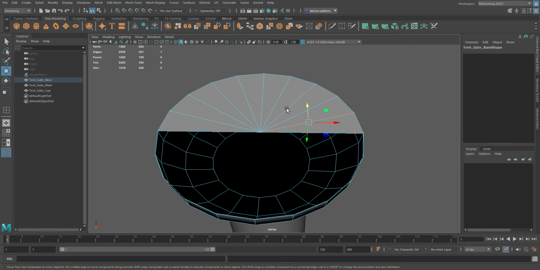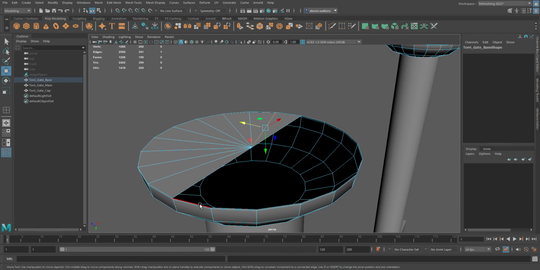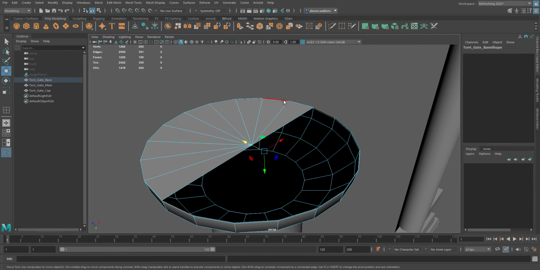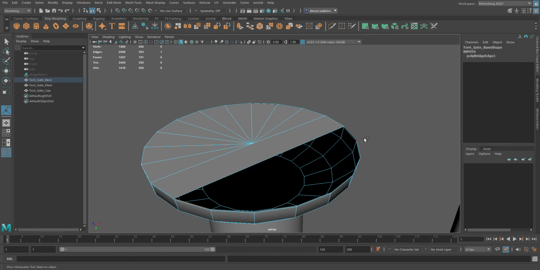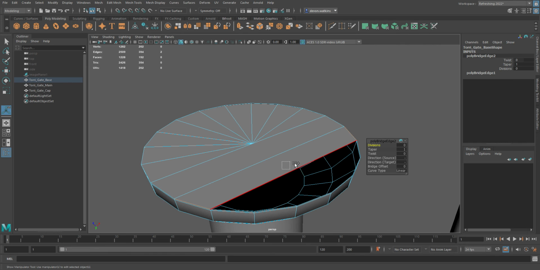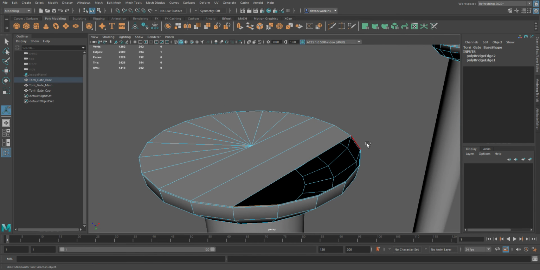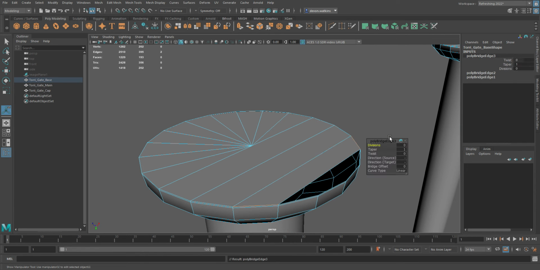I'm going to right click, do edge, and I'm going to click this edge here and this edge here. Come over here to edit mesh and click bridge, and it'll bridge that gap. And we're going to do the same. Click this one and this one, hit G to repeat action, and we're going to keep going all the way across. G,